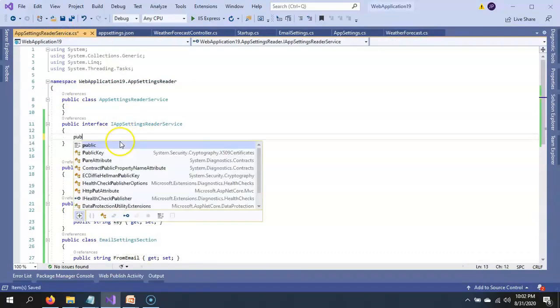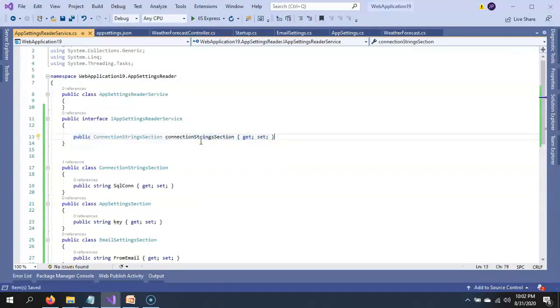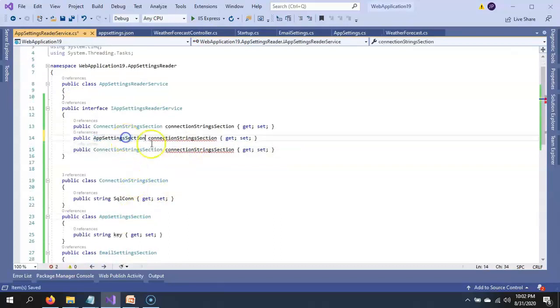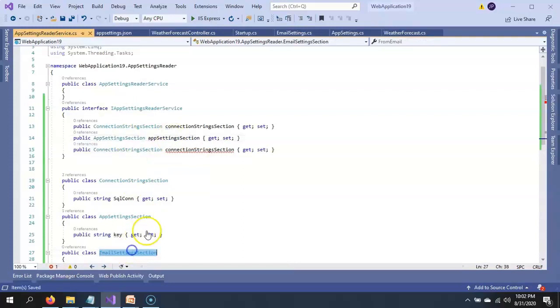Now let's define these properties in the interface: ConnectionStringSection, then AppSettingsSection and EmailSettingsSection.